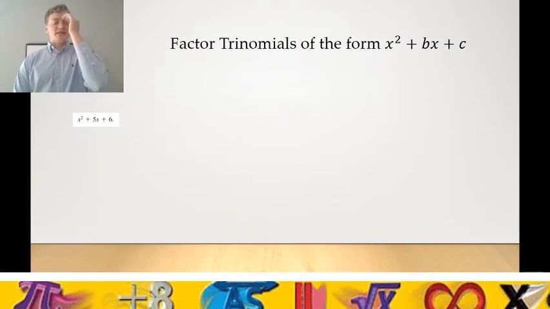Let's look at another example, x squared plus 5x plus 6. What's the first thing that we notice about this trinomial? All three terms are positive. We have a positive b, which equals 5. We have a positive 6, which is our c value. So in order to multiply to get a positive 6, either both numbers in our binomial are positive or they're negative. Now, if they're both positive, two positive numbers will combine to give you a positive number. However, multiplying two negative numbers will give you a positive value, but when you combine two negative numbers, it'll give